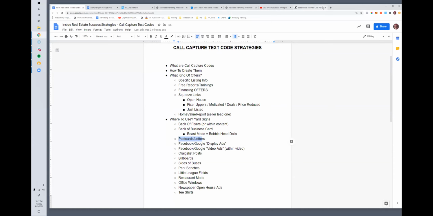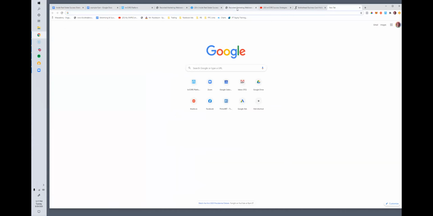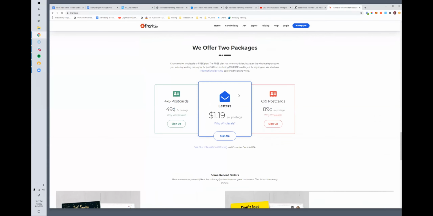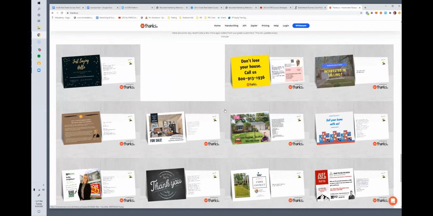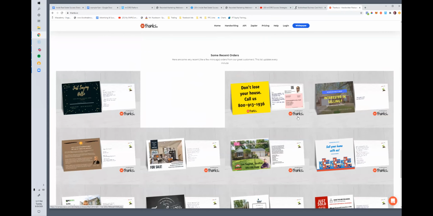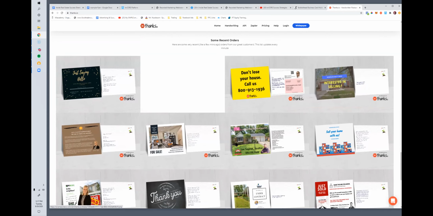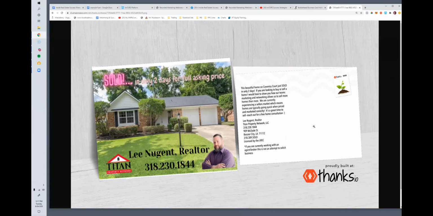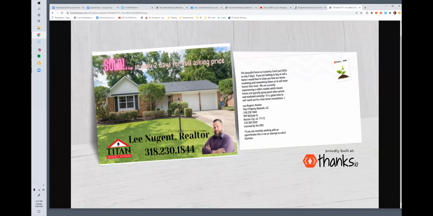So if you're doing a just listed postcard, I'm just hoping I get lucky and get an example on the homepage here of something somebody recently sent. But if you're doing any of these cards, you can see some of the recent sends. You're going to do much better. So not to pick on Lee at all, and I think he sent some really awesome cards. I'm going to bring this up. It's on the homepage. But Lee might find that he does pretty well. He's just doing a just sold card here. But he might find that if he did,